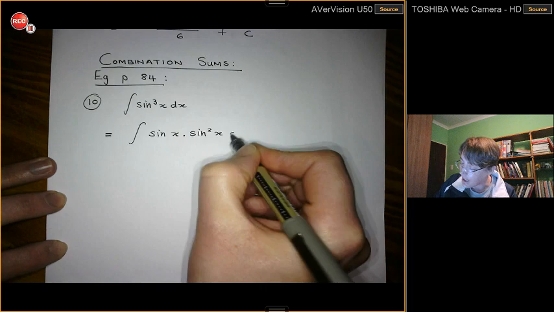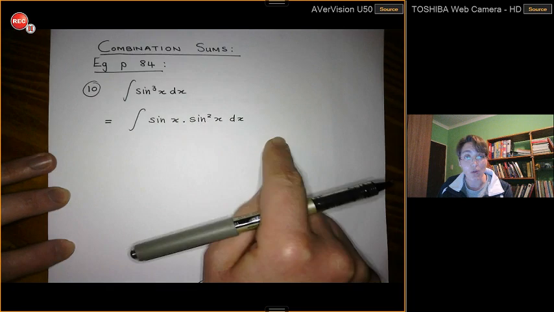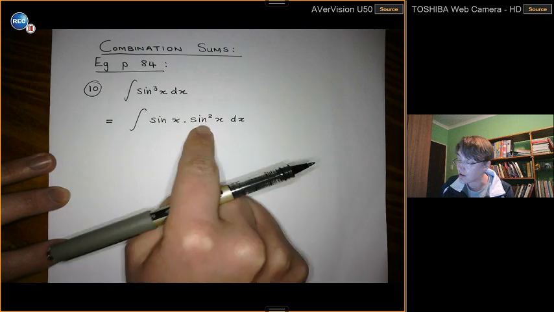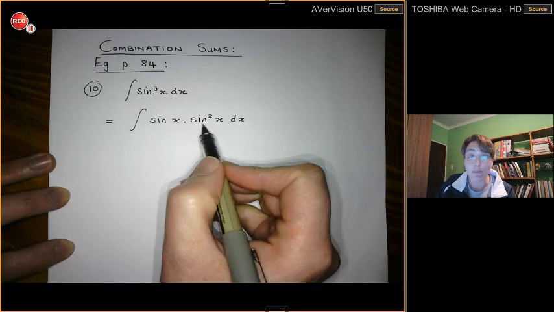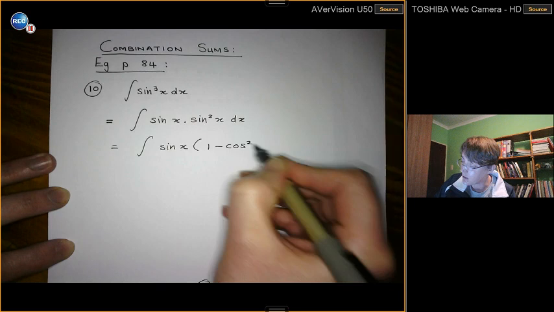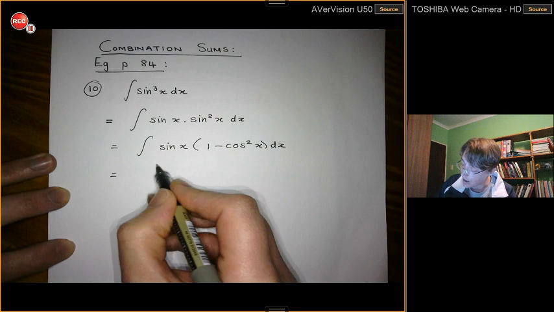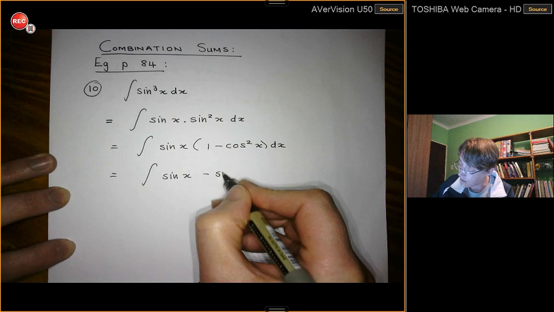then I make my square identity available for use. It's still not a chain rule. Hopefully you guys can spot it, because the inside's derivative is not sine x. The derivative of sine x is not sine x. But that right there is a square identity. So I can rewrite this saying it's sine of x times 1 minus cos squared x dx. And then if I simplify, I get the integral of sine of x minus sine of x times cos squared x